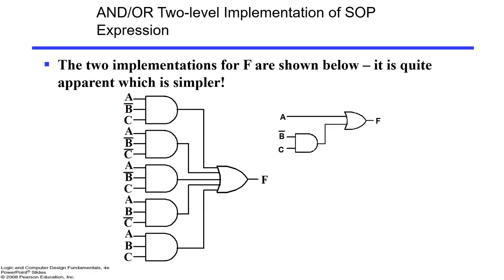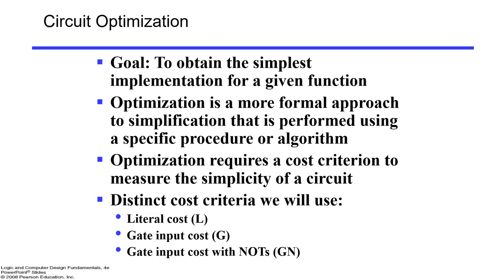Now if you represent both the functions, the output will remain the same, but one is in the min-term form and one is the SOP form. So which one is better? It is clearly visible. This one is much simpler than this, right? So if you can make your min-term form simpler, it will come as a sum of product, right?